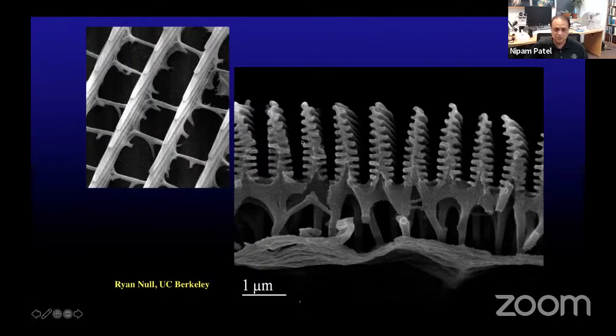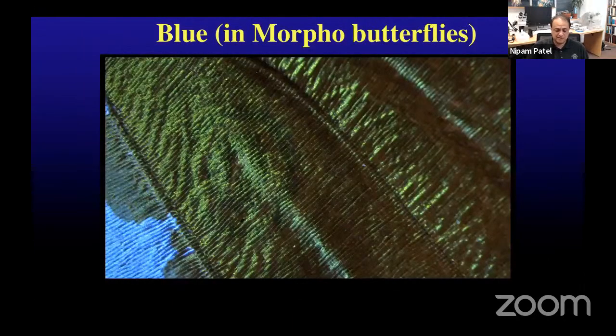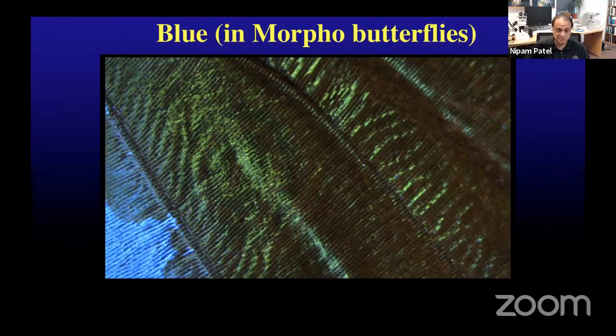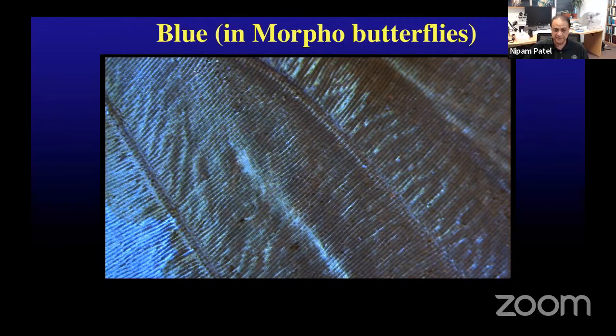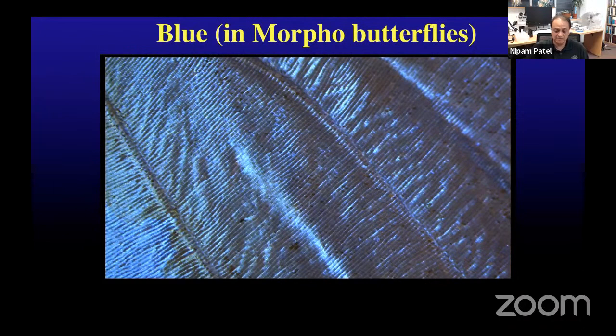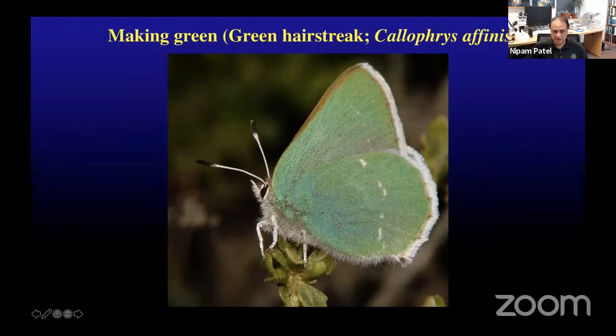The spacing between these branches of the trees and the spacing between these trees is such that there's massive constructive interference of blue light and destructive interference of most of the other wavelengths of light. The nice thing though is, of course, we can just let that acetone evaporate off, and now air is going to fill that space back up, and you're going to see the wing go right back to being its blue color, right? So this is a very nice way of illustrating that this is actually a structural color phenomenon.